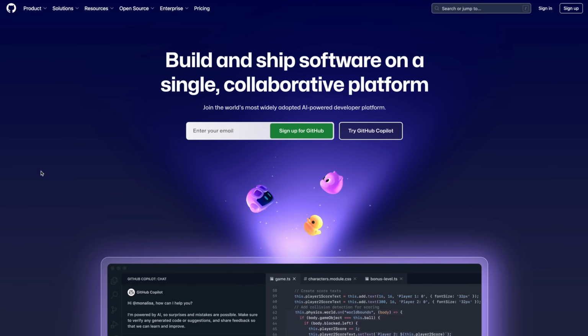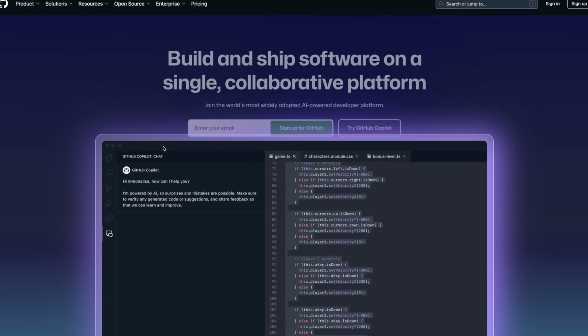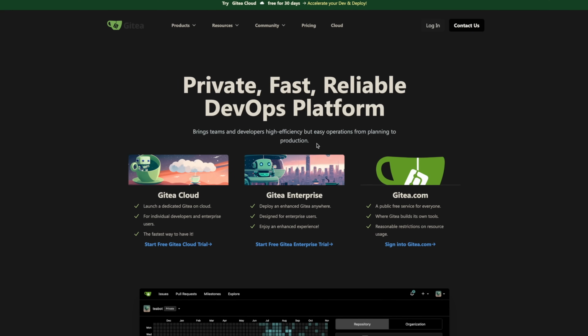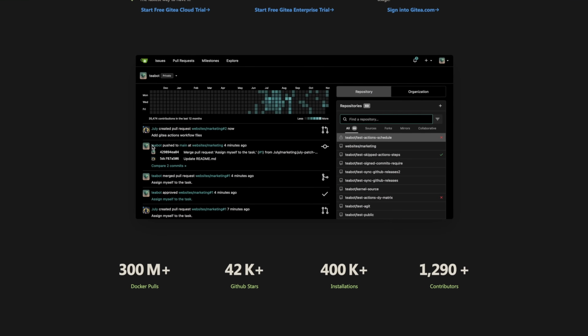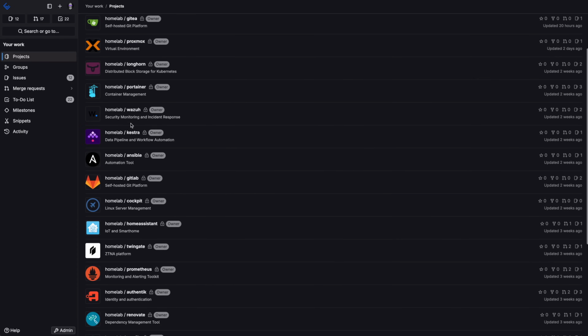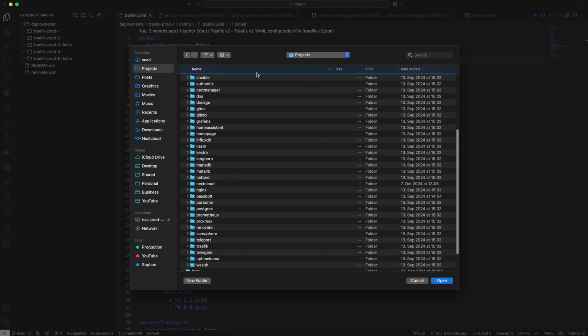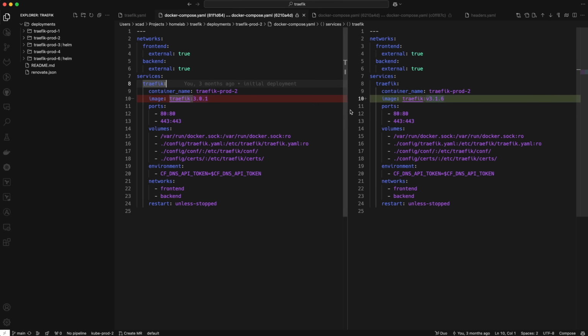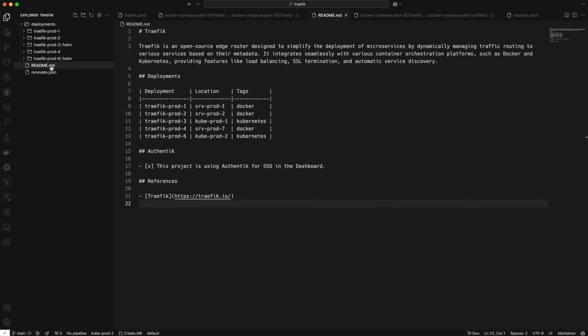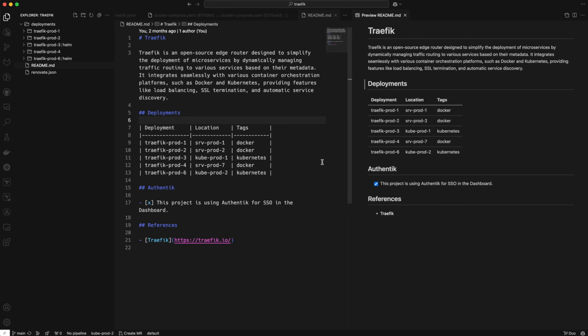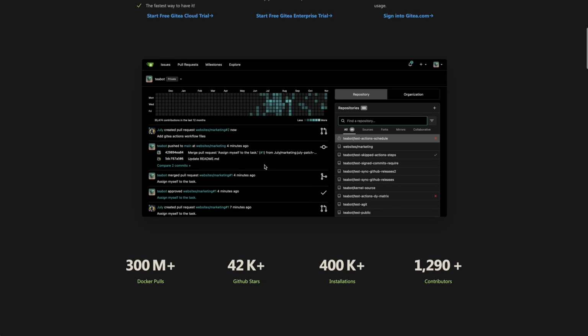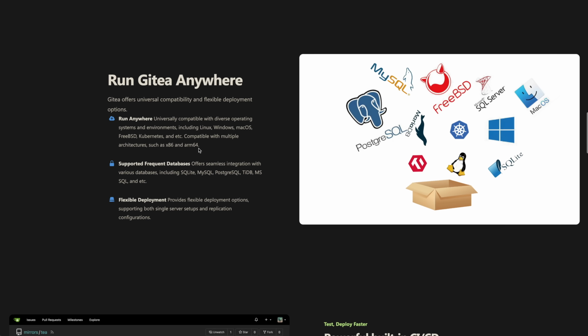If you're tired of using cloud services like GitHub, for example, this is a perfect way to get back control of your code files. And actually, I think every IT and tech nerd should run something like this at home, not only developers, because a Git platform is, in my opinion, the perfect place to store and manage all of your projects. Like I'm, for example, using it for all of my Docker Compose files and configs, writing technical documentation, and so much more. It is just amazing, and what would be better than self-hosting something like this on your